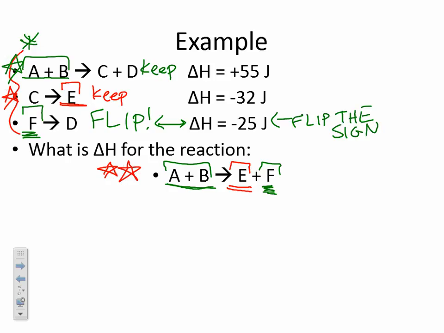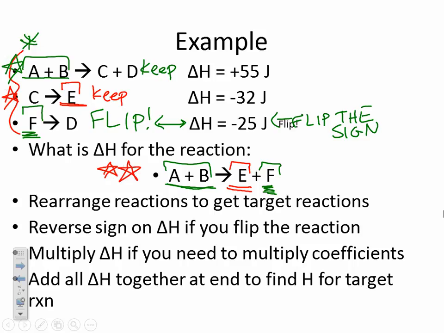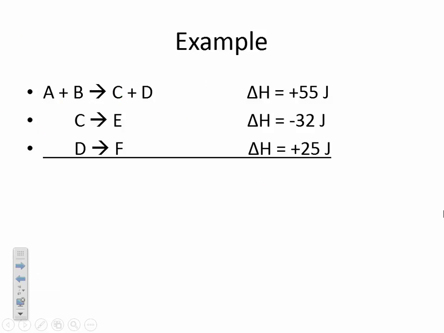Because if you reverse F goes to D, which is negative 25 joules, and you write instead D goes to F, now that delta H value would be positive 25 joules. So on the next slide, this is simply saying that what I have here is the result of that. So I've rewritten